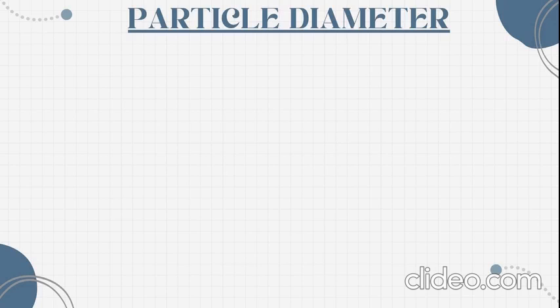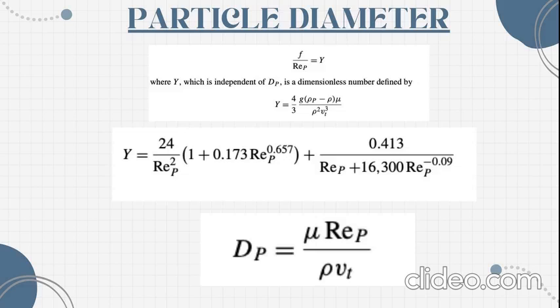Now we'll discuss how to calculate the particle diameter if the viscosity and terminal velocity are given to us. So in this case, we must rearrange our original formula such that the particle diameter is eliminated. So if we divide both sides by the cube of the Reynolds number, this gives us a value. So let's take y, which is independent of the particle diameter and is a dimensionless number, which is defined by 4 by 3 into gravitational force into density of the liquid